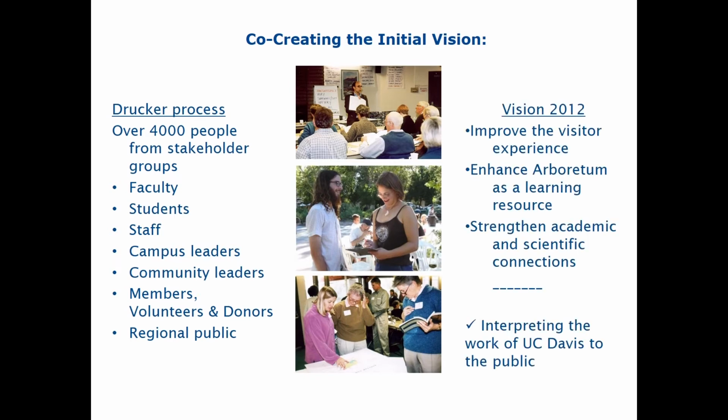This was over 20 years ago now, when this planning process originated, and came out with these vision elements to improve the visitor experience, enhancing the Arboretum as a learning resource, strengthening the academic and scientific connections, and really important, to interpret the work of UC Davis for the public. So the Arboretum took on this goal of, yes, teaching people about plants and landscapes and sustainable